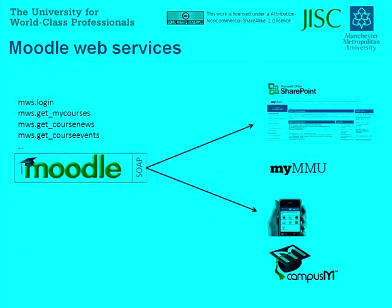One of the things that is quite exciting about working in this area and finding the right partners is the search for content out of Moodle that you can use on whatever platform is a pretty common thing to want to do. So by working with colleagues in the room from ULCC, colleagues from ONBIL about what are the things we need out of Moodle? Well, we need single sign-on, we need course news, we need the events feed out of Moodle, and we need to be able to surface it and use it wherever. I need it because I currently need to show it in our SharePoint portal so that when a student logs into there, alongside details of finance and library and all those other things,